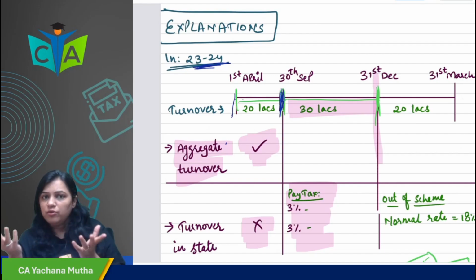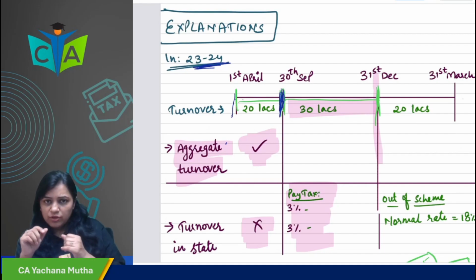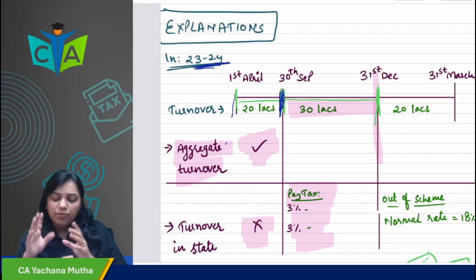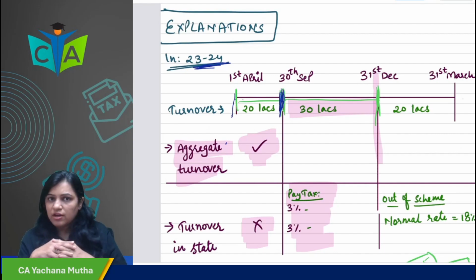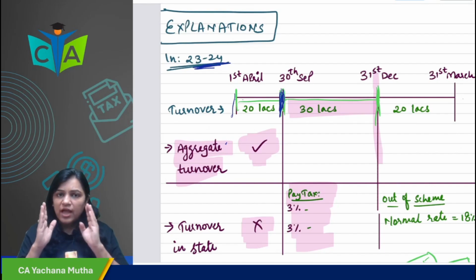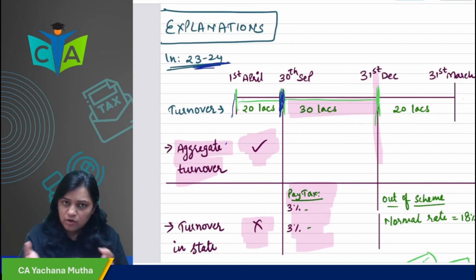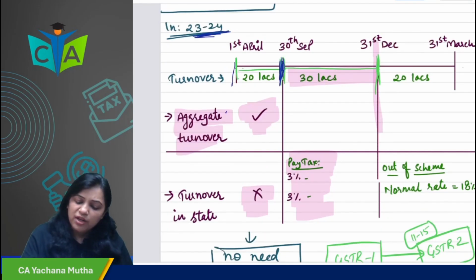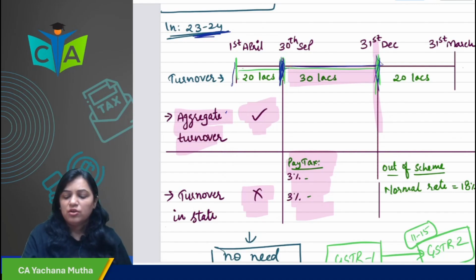What is the role of turnover in the state or union territory? It is used for the computation of taxes. So it will not be included in turnover in the state or union territory. From 1st April till the date you become liable for registration, that turnover will be included in your aggregate turnover, but it will not be included in your turnover in the state or union territory. From the date you take registration till your aggregate turnover reaches 50 lakhs, you will pay